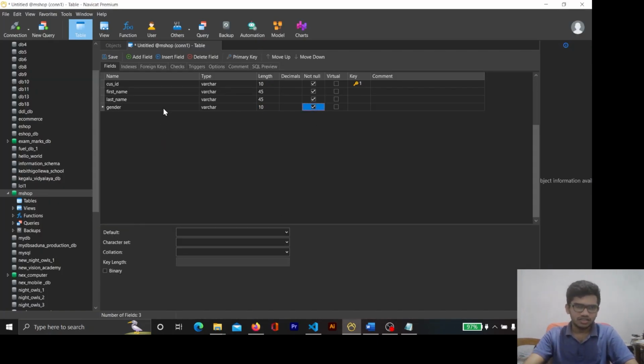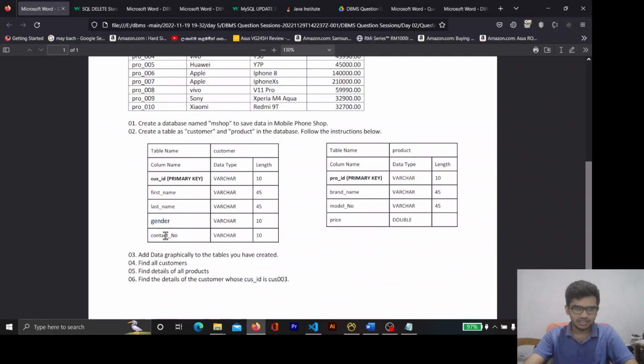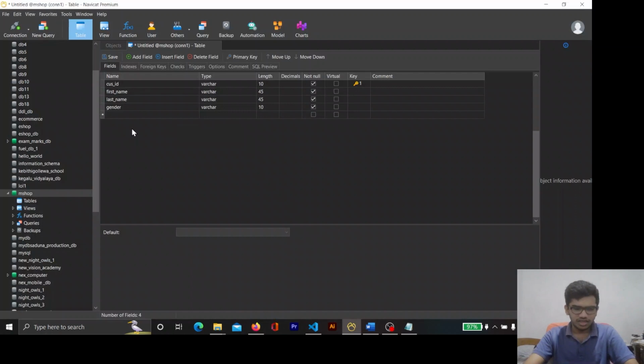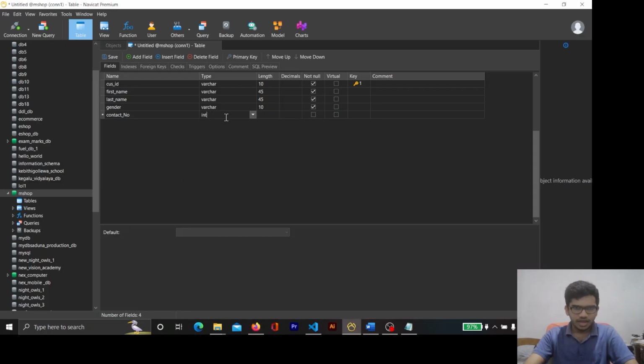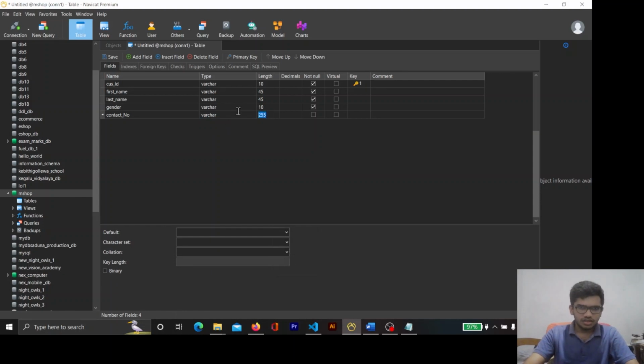Okay, you have to check this and click add a field and select contact number. Okay, so select varchar and put 10 here. So yeah,